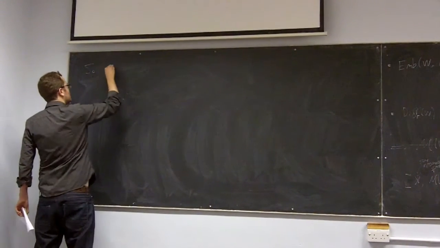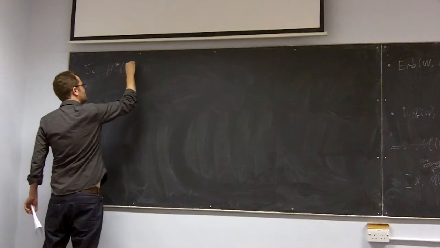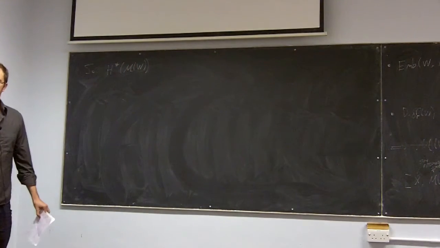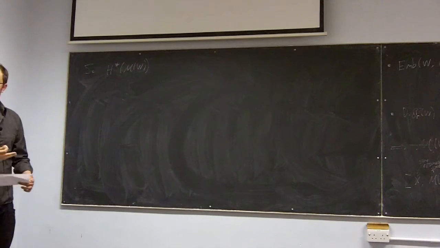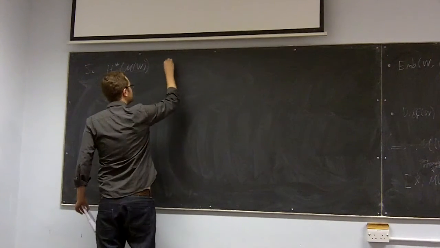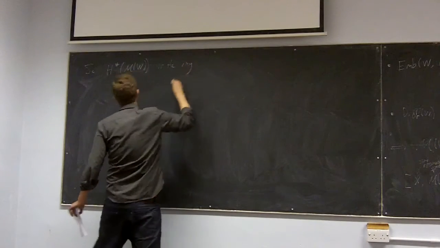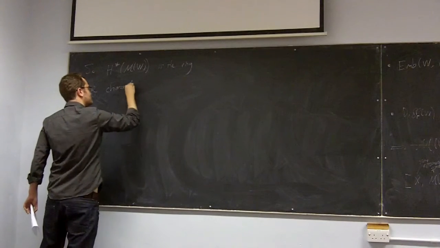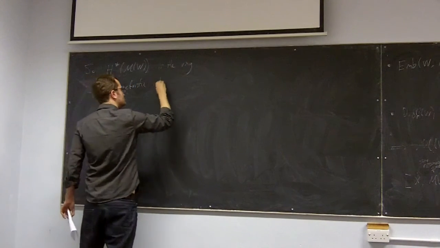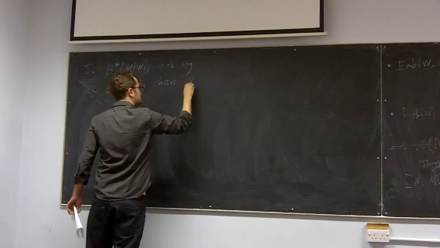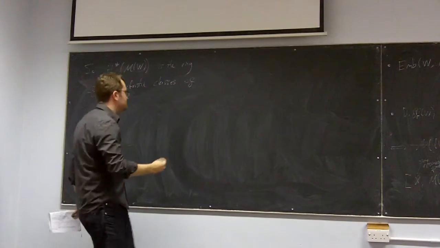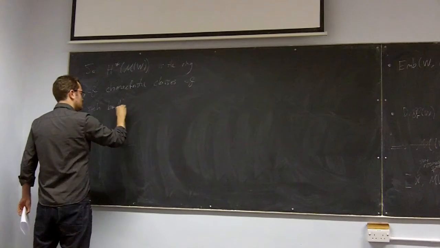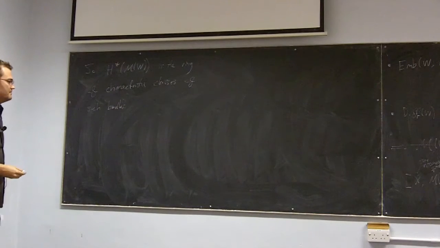Similarly, the cohomology of this space, just like the cohomology of Grassmannians is characteristic classes of vector bundles, so the cohomology of this space is the ring of characteristic classes of such bundles. So let me just say such bundles. Okay.